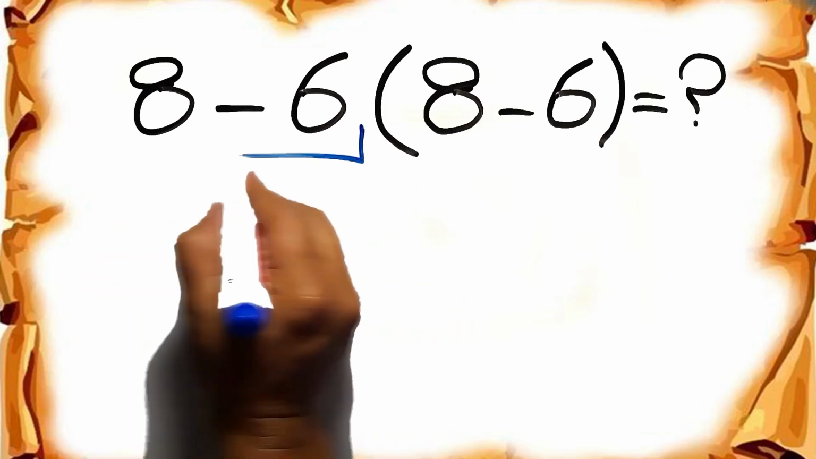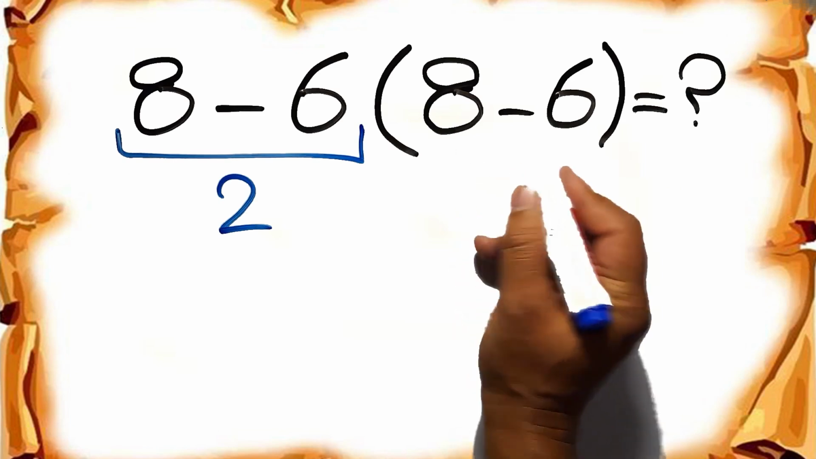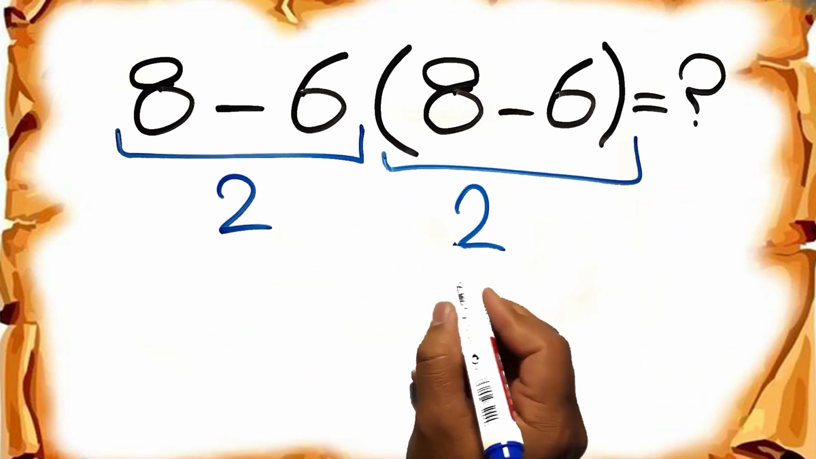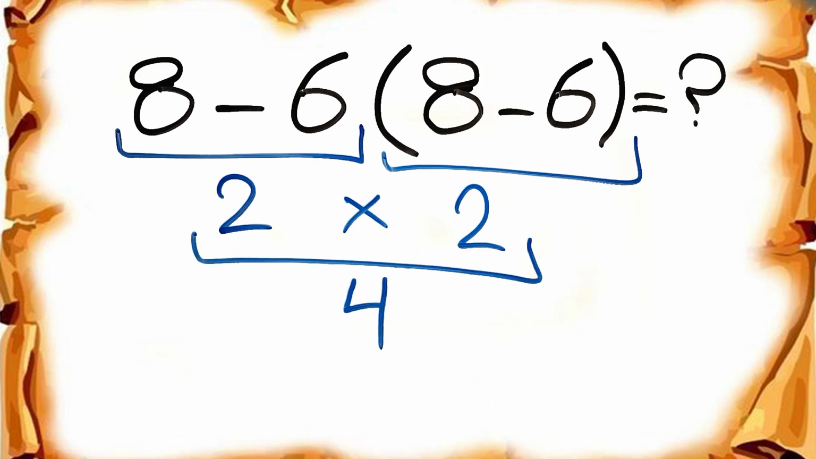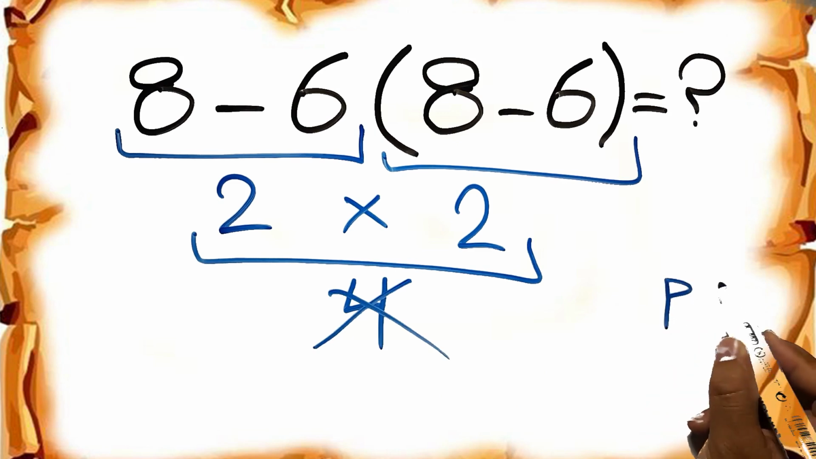8 minus 6 gives us 2. And again here inside this parentheses we have 8 minus 6. So 2 times 2, which equals 4. But this answer is not correct, because according to the order of operations, first we have to do parentheses, then